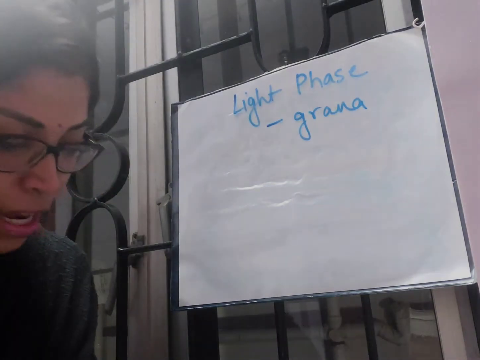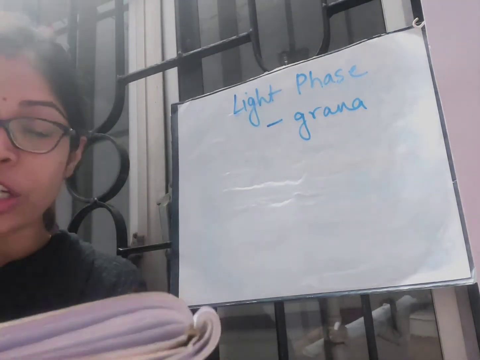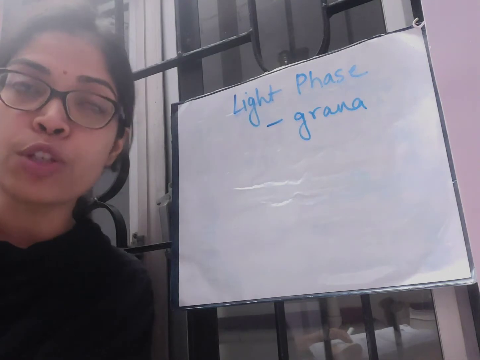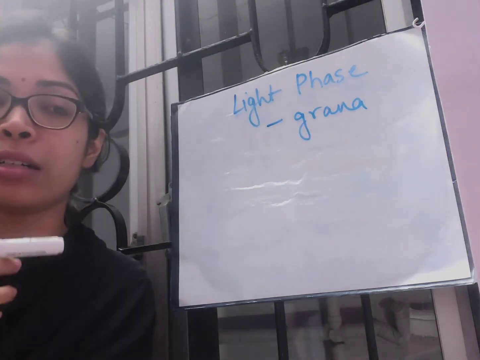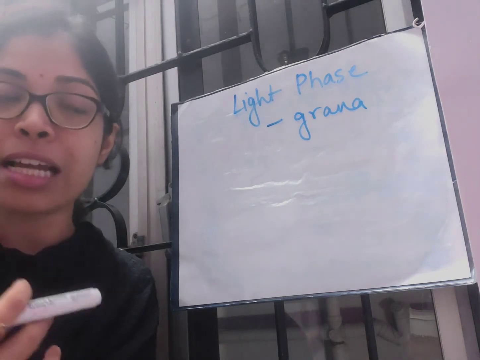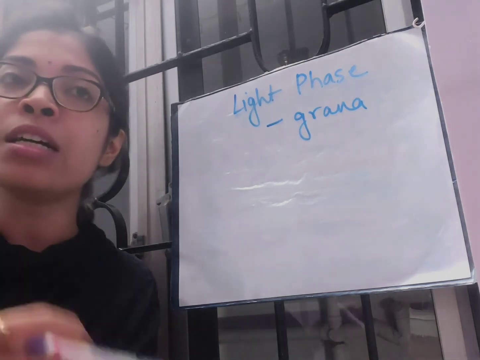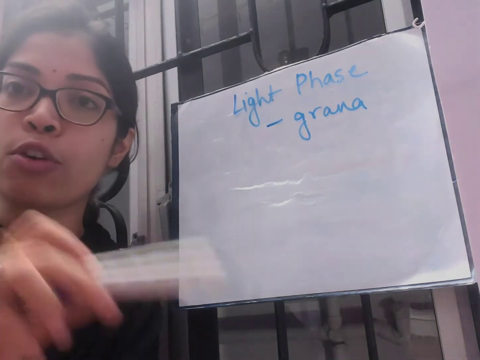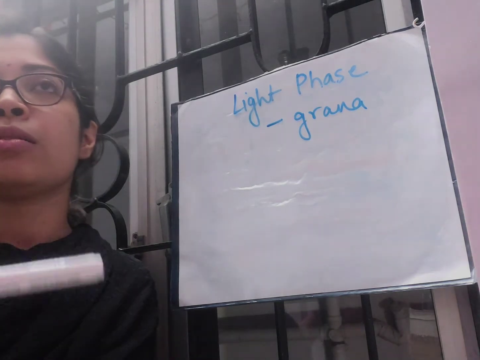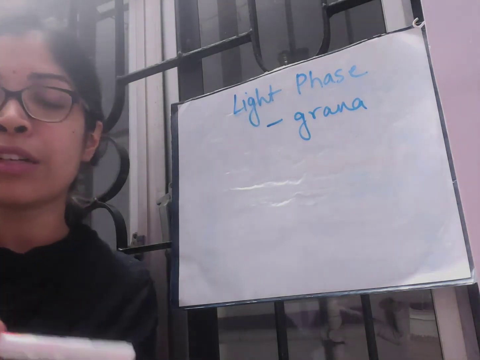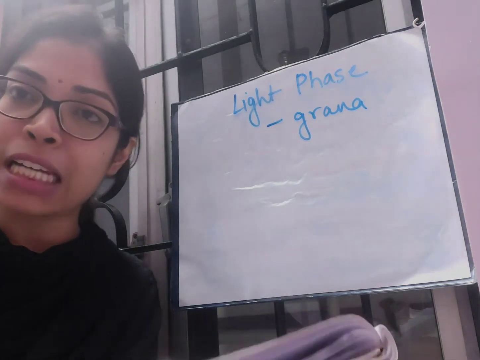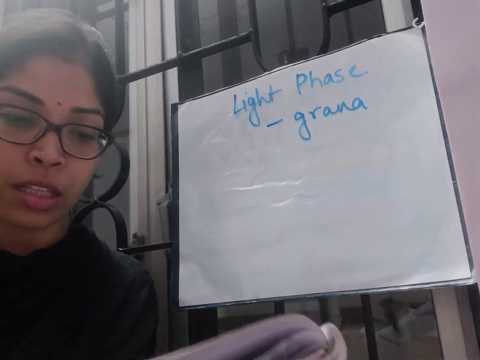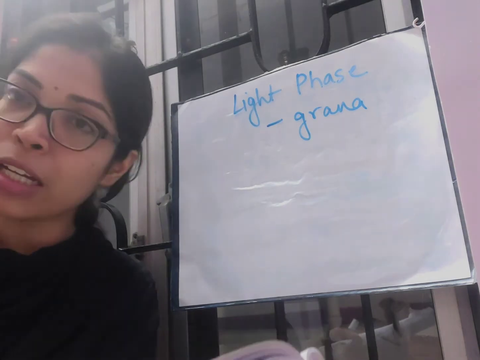Next, the chemical reaction that takes place in this stage is triggered by light energy. So previously I have told you that the whole process of photosynthesis starts or gets stimulated when the light energy of the sunlight falls on the chlorophyll within the green leaves, and that is when the chlorophyll becomes activated and starts the process of photosynthesis. So it is termed as photochemical reaction.